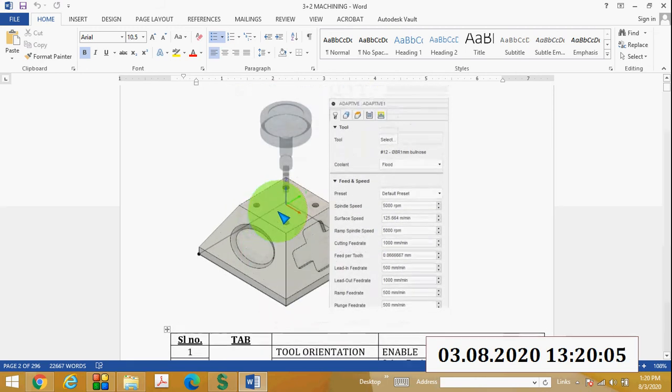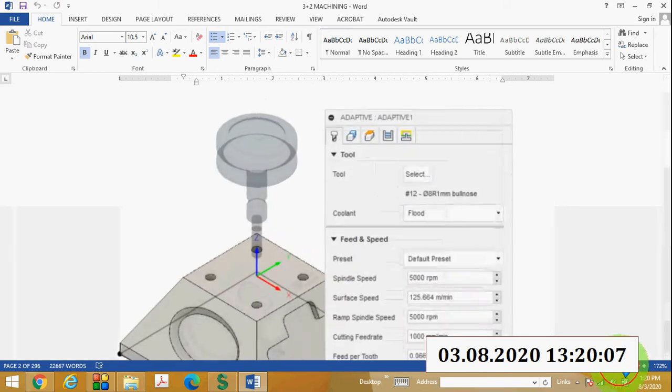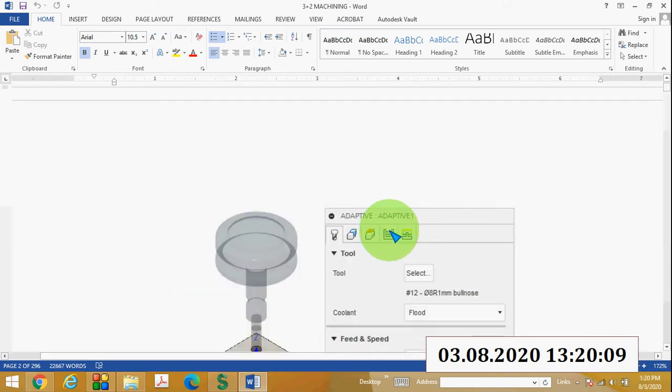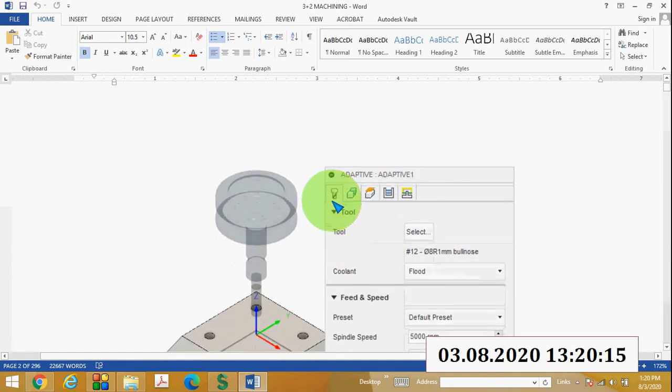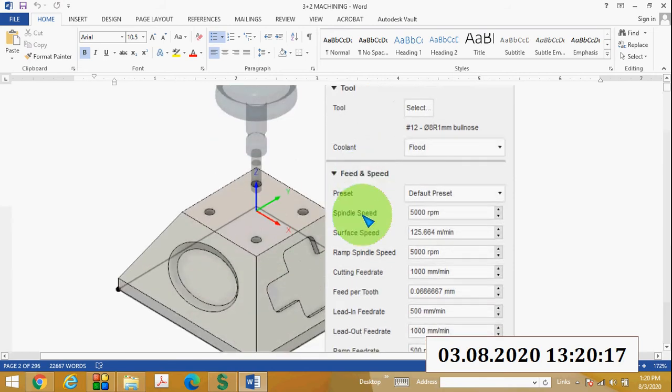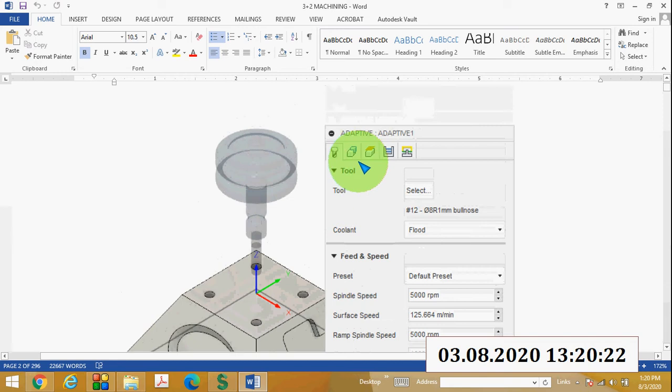When you click on the adaptive clearing strategy, you can see the first option is the tool option. All the details about the tool, the feed and speed, everything will be here. Then the second option is called the geometry option, related to the geometry.